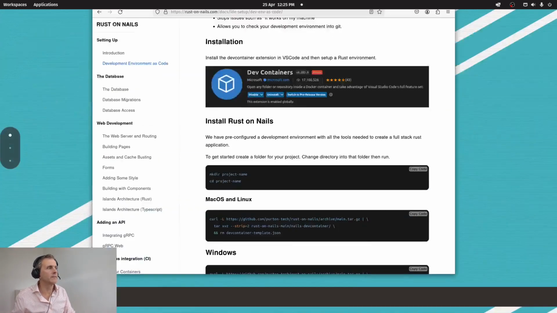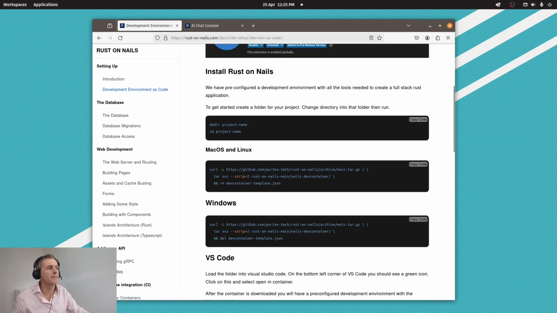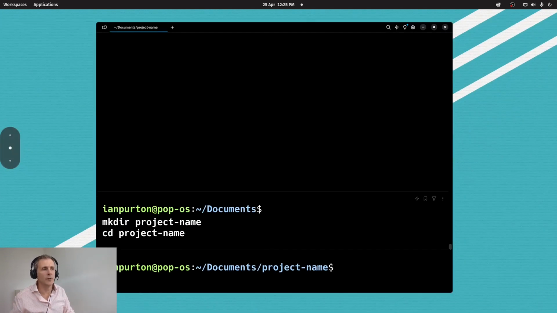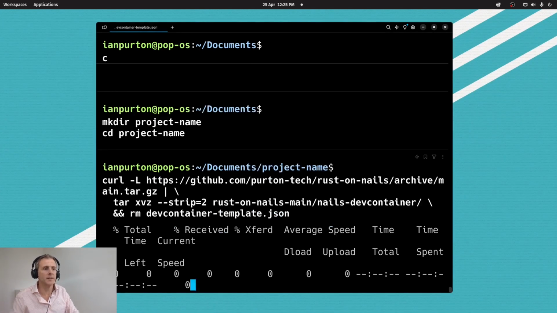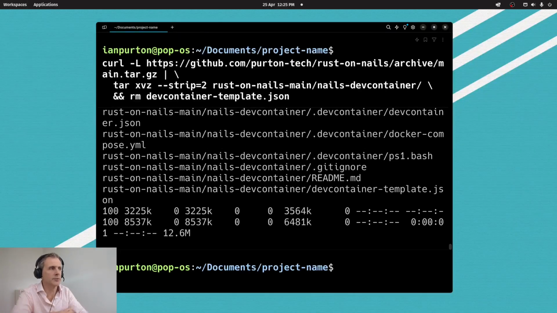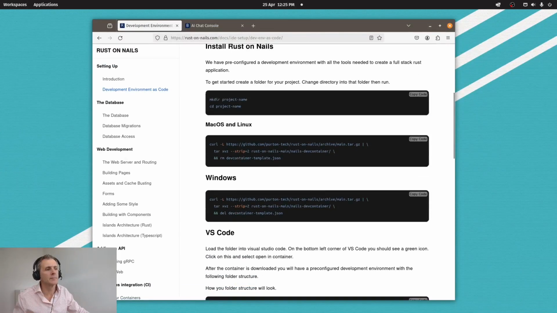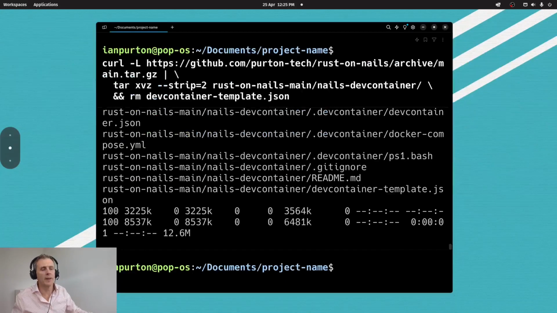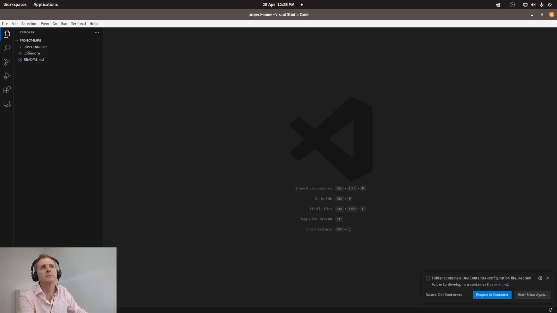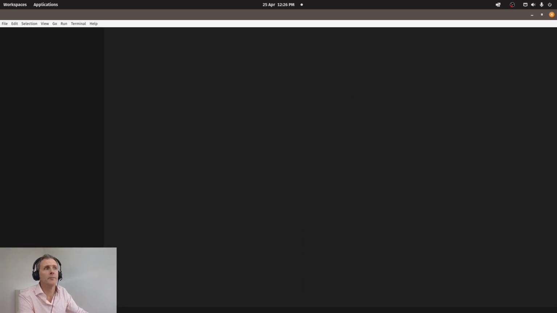Create a project folder. And we've got a pre-configured dev container that has all the tools that I use. And now we should be able to open that up in Visual Studio Code. And you see it's popped up with reopening container. You have to make sure that you've got the VS Code dev container tools installed, and that's all in the documents there. So if I open up,